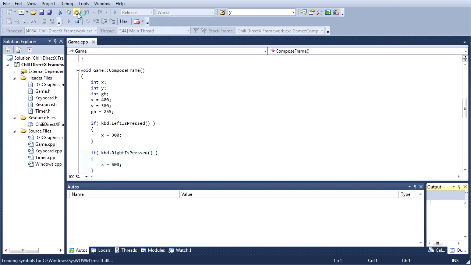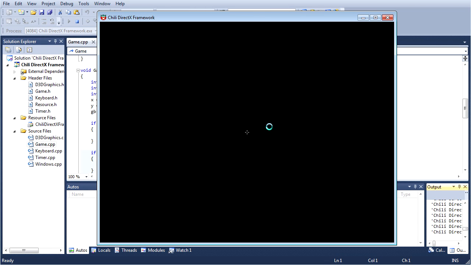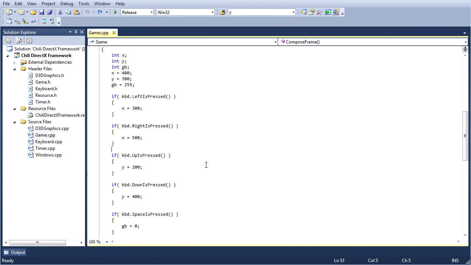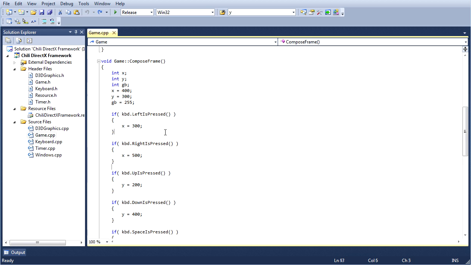Let's just take a quick look. This is the application. This is how it should work. I showed it to you at the end of the other video, so I won't show it to you again. But basically, in order to implement that, you just copy this form here, but you have to change the function call for keyboard.